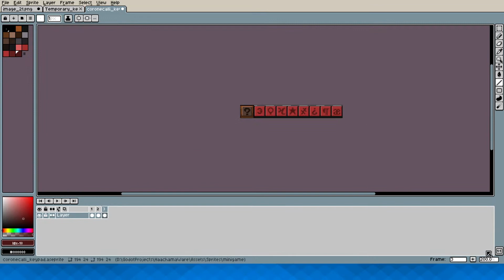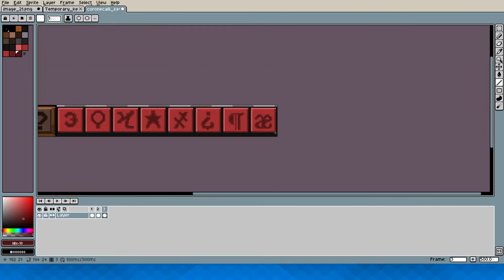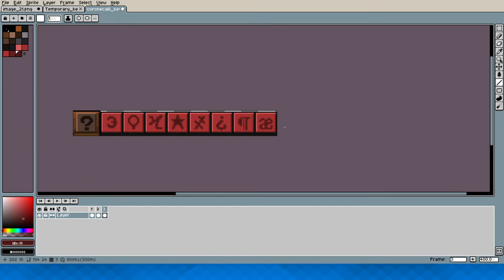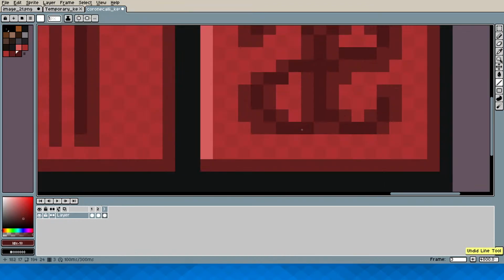What about this? How does this look at 1:1 scale? I can barely see it. I don't know if that's a good thing or a bad thing in this case. Actually, the sprite will be upscaled. That's a bad thing. The sprite will be about this size. So look, does this look fine? Not entirely sure. I think I want to move this over a bit. No, maybe like this?